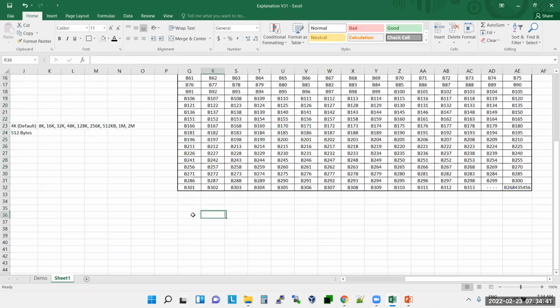Now, let's say you start writing a file. Let's say you are writing a sample1.txt file, and the size of this file is 20 KB.